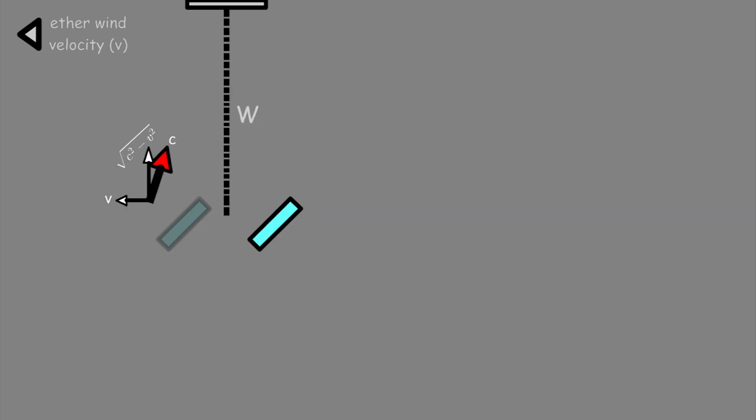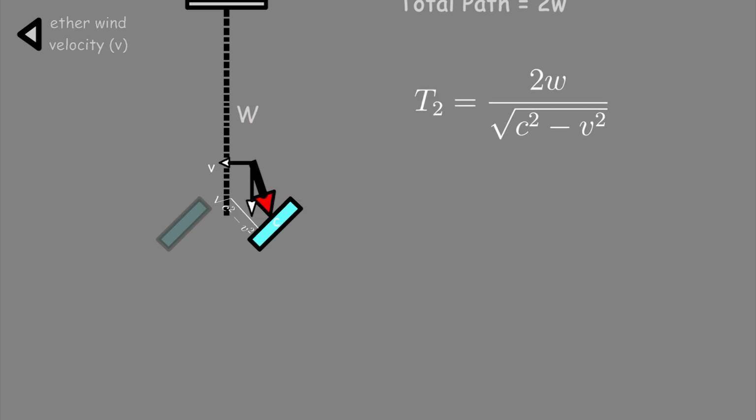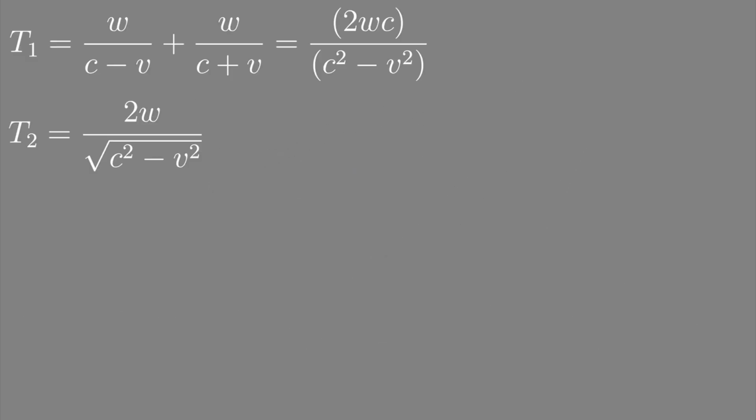Now for the second beam, which moves at an angle to the ether. If there were no ether, the speed of light towards the mirror would be c. But because of the ether, the horizontal component of the speed will be the same as the ether speed, while the vertical component is found using vector addition as the square root of c squared minus v squared. The total path for this beam is 2w, and the time to complete the journey is that. The time difference between the two beams is then